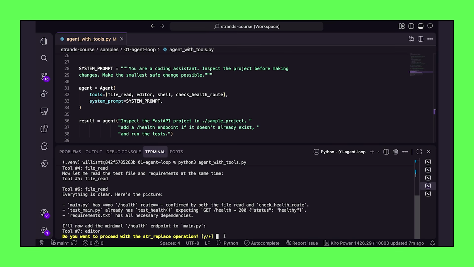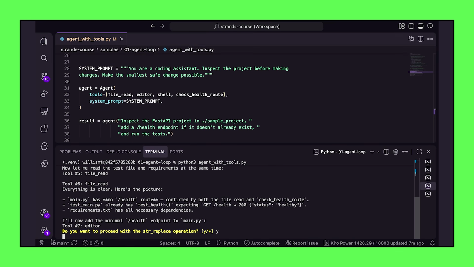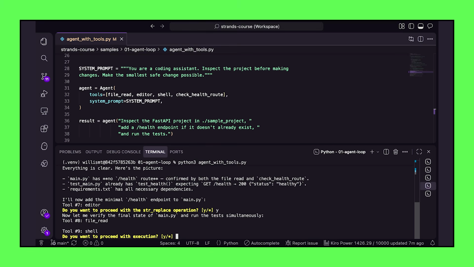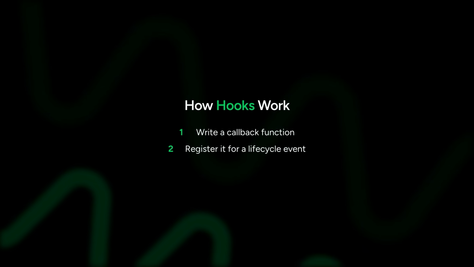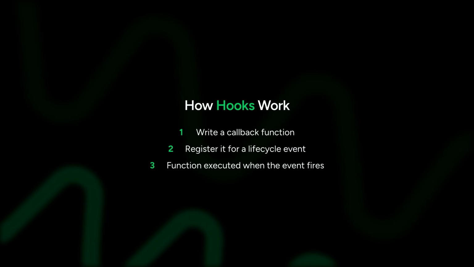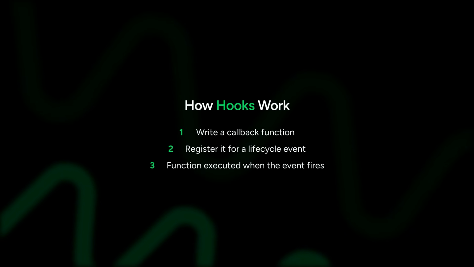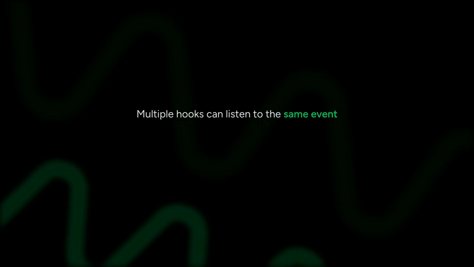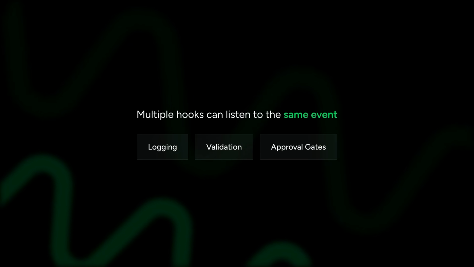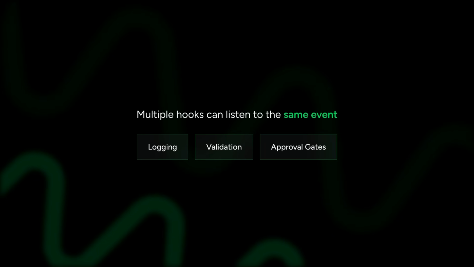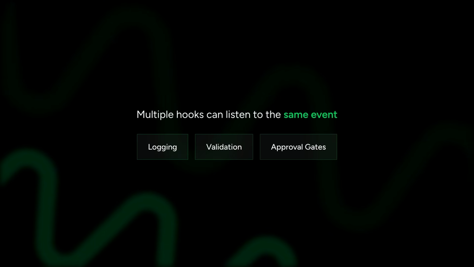You've actually already seen hooks in action. In the first video, when the coding agent paused and asked for approval before running certain operations, that approval workflow was implemented through hooks. The way hooks work is pretty straightforward. You write a callback function, register it for a lifecycle event, and your function gets called whenever the event fires. Multiple hooks can listen to the same event, so you can stack behaviors. You can have one hook for logging, another for validation, and another for approval gates